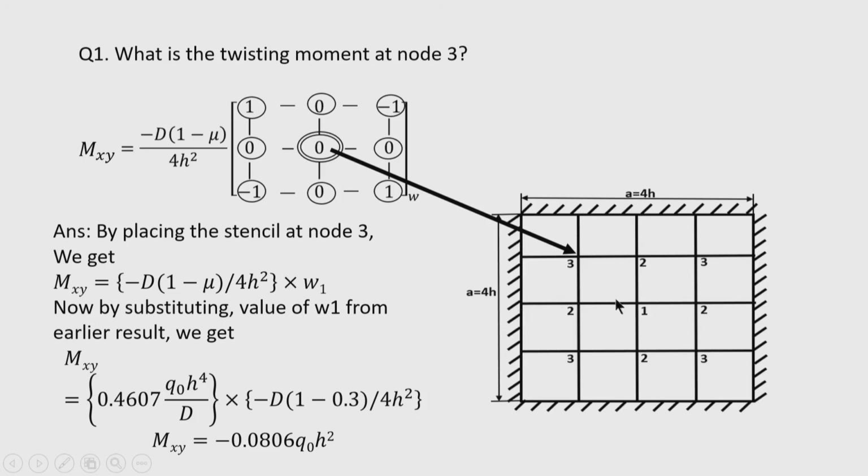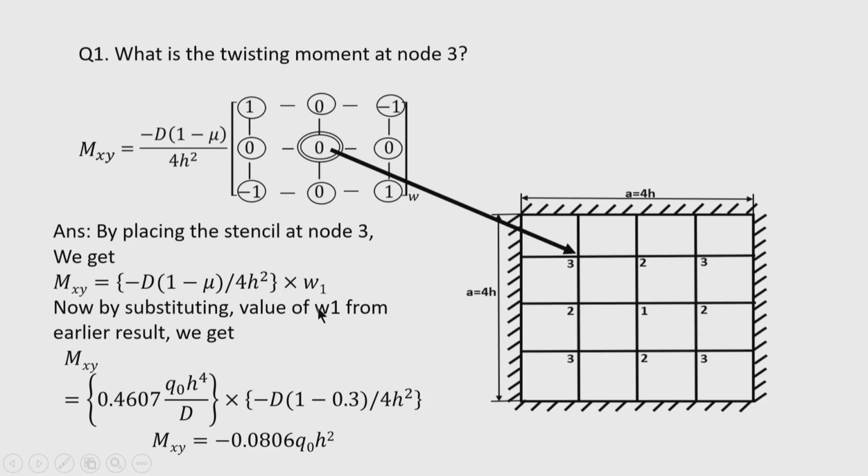Now, you can see that if I place this stencil, these are the edge nodes. So, naturally no deflection is there, and again these are edge nodes, this and this. So, there will be no deflection, even if there is a coefficient 1 or minus 1. The central node has 0 coefficient, so no deflection. Vertically, along the central line there is also 0 coefficient, so no deflection. Only here we are getting the meaningful coefficient, that is 1. So, this deflection is W 1. Therefore, mxy is written as this coefficient into W 1.